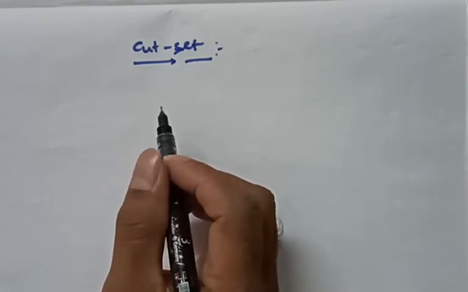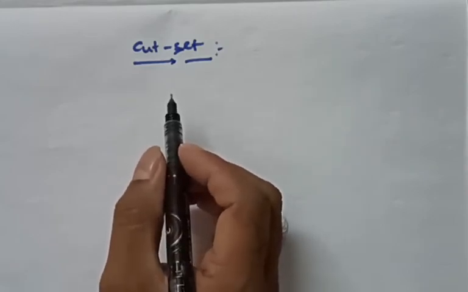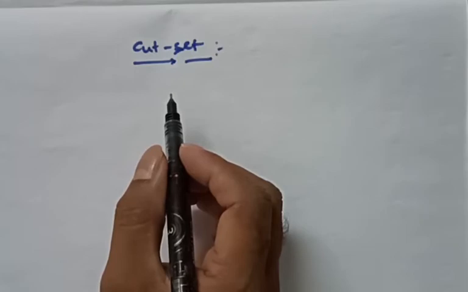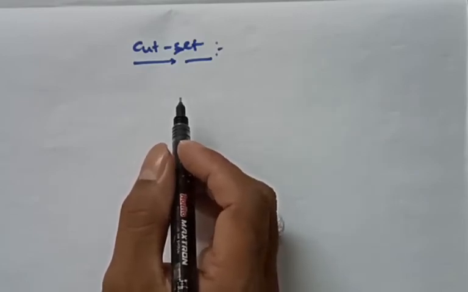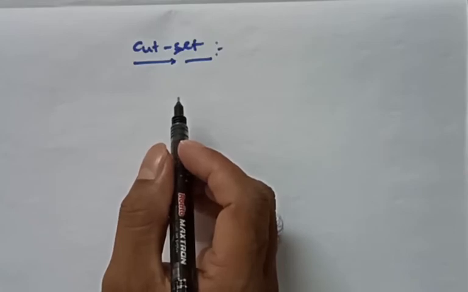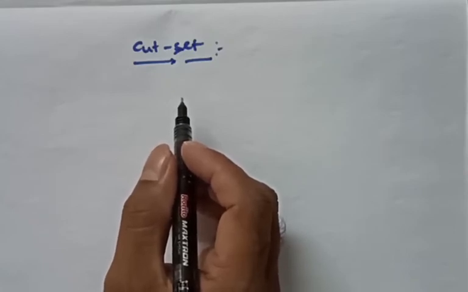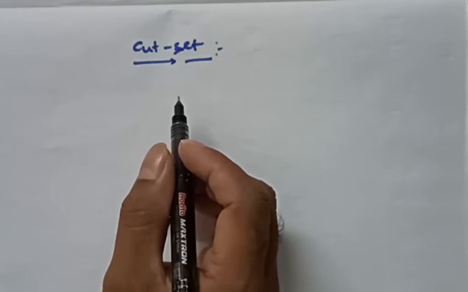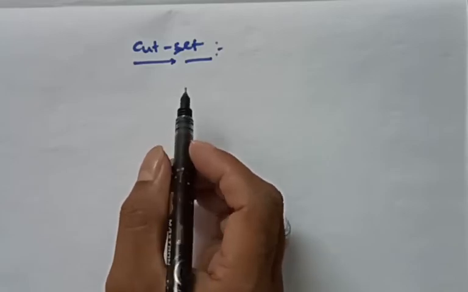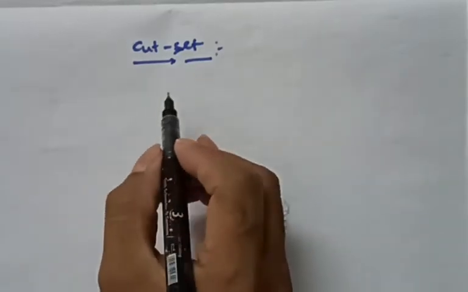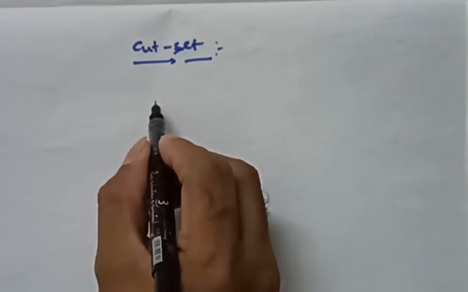What is a cut set? A cut set is simply a minimum set of branches which, when you cut them, the graph will be divided into exactly two separate parts, and each of those parts is connected. With this condition, if we replace any one of the removed branches, the graph will become connected. So let us take one example here.